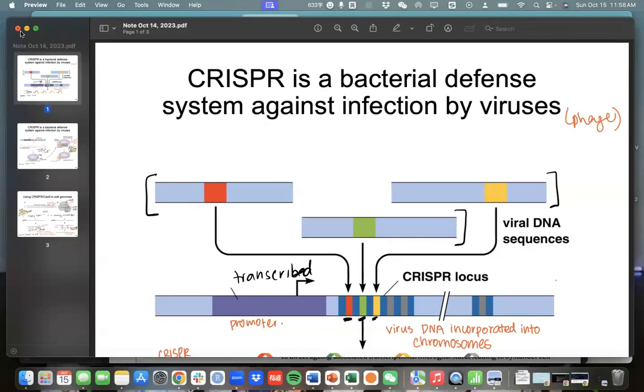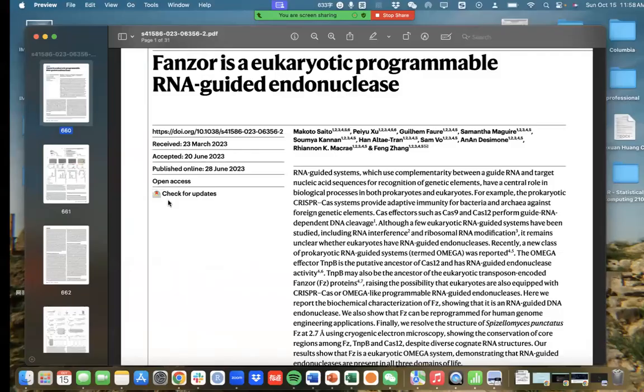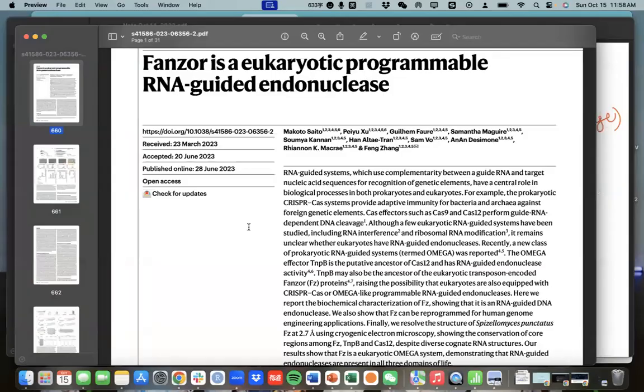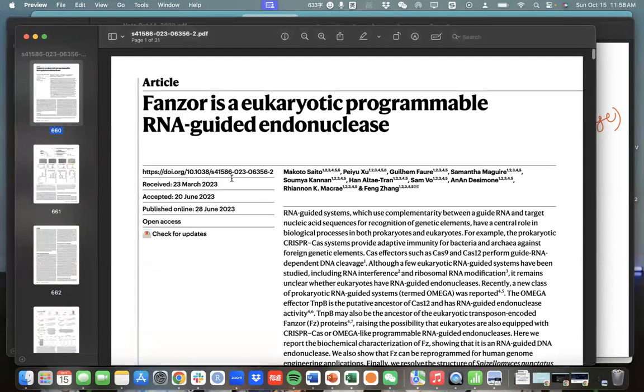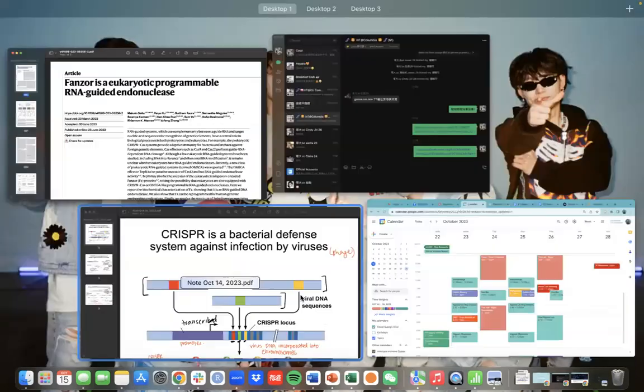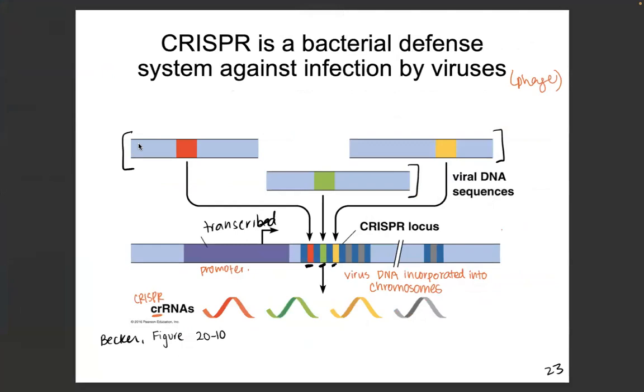Anyways, okay, I'll start the timer. Can everyone see this? Okay, today I'm going to talk about Fanzor, a programmable RNA-guided endonuclease. Before I start, I want to give a quick overview of what CRISPR is. You all probably know, but I thought this was a cute little graph made by Introbio, Dr. Adner. So basically, I think we always forget that the original CRISPR system worked by first incorporating